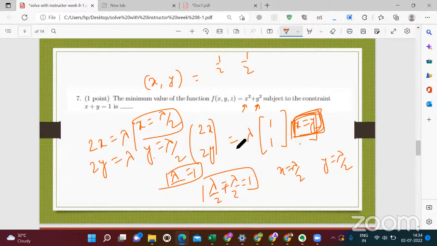Or do I make some mistake? Yes, so it should be minus lambda by 2, x is equal to... yeah, here it should be minus. But okay, this is fine. But over here, in either case, it will be the same because of the square. Yeah, that is fine because of the square.